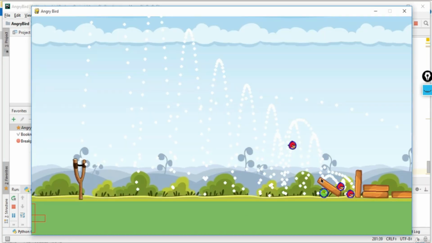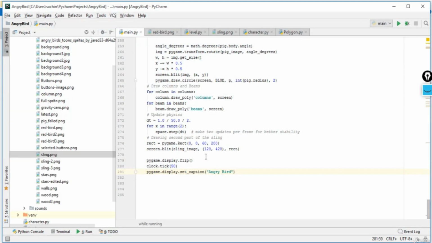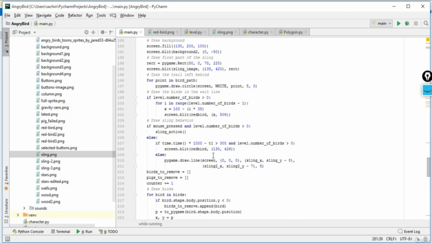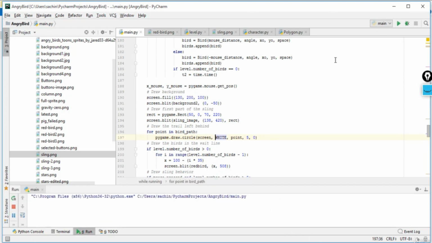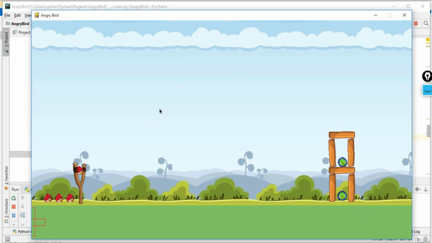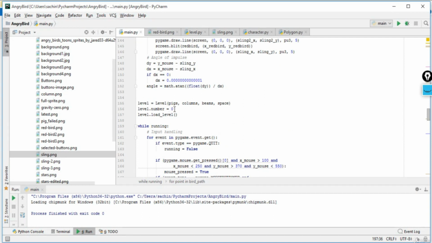Let me just show you, and this is our game. So this white sticks was basically when you call. Let me close it and show you what that really was. When we had this here, that was the circle created in this bird path, we had this dirt, and similarly we have only one level, so it will not load any other level. Basically the number of trials is 4, that is we have 4 birds. So we have created that when calling this, when you go in this level,